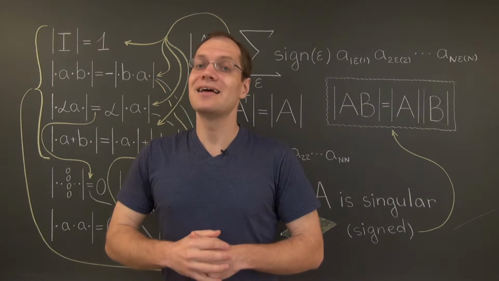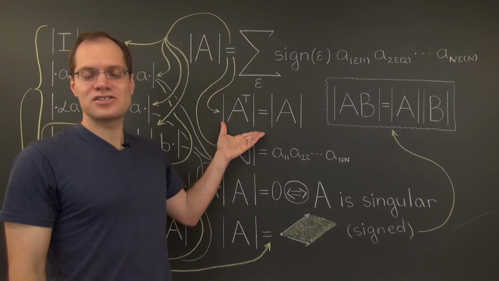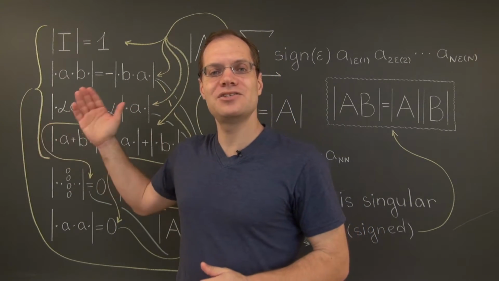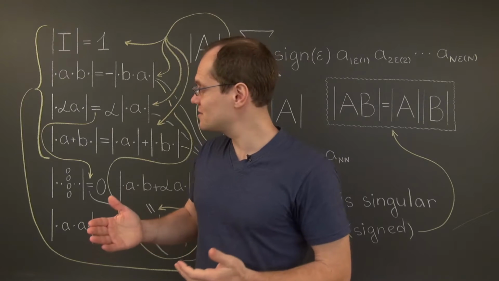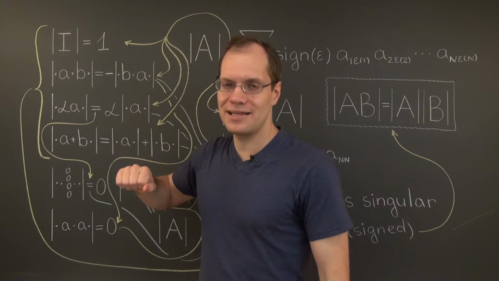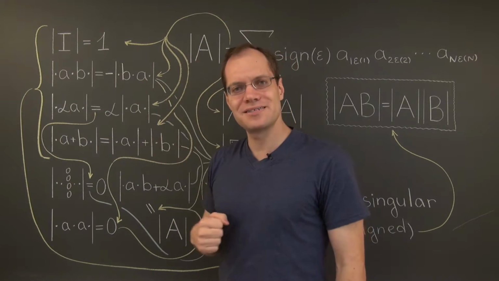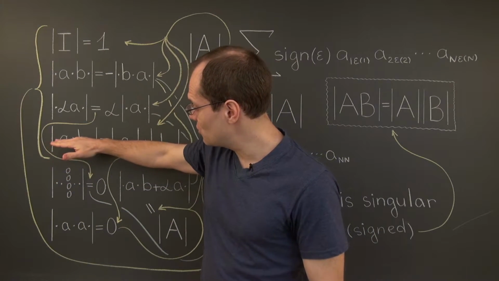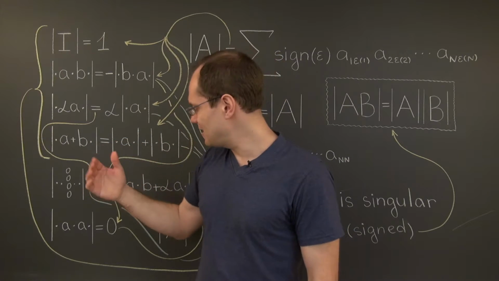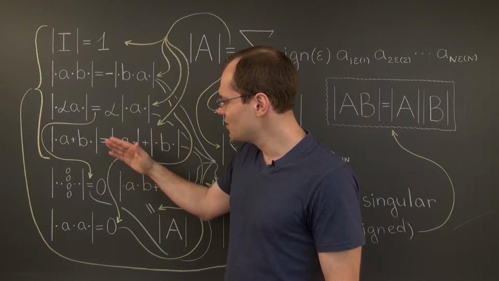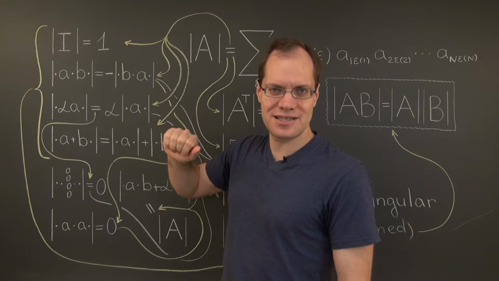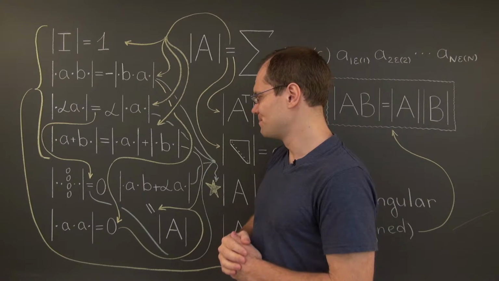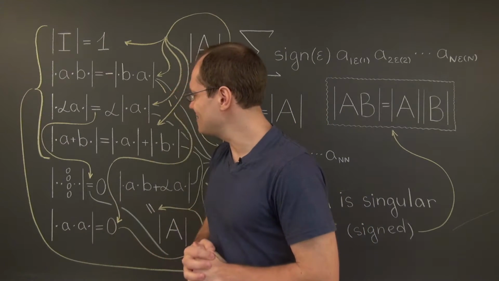That's number one. Number two, thanks to the transpose property, whatever we just said about columns also applies to rows. So if you have a matrix and one of the rows is multiplied by a number, then the whole determinant is multiplied by that number. Or if you have a matrix and a particular row is a sum of two vectors, then it ends up being a sum of two determinants, where in the first one, the first vector stands for that row, and in the second one, the second vector stands for that row. All right, and finally,